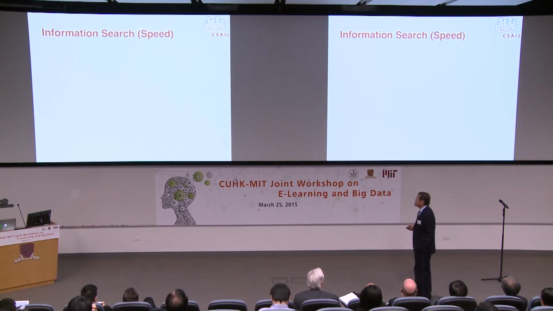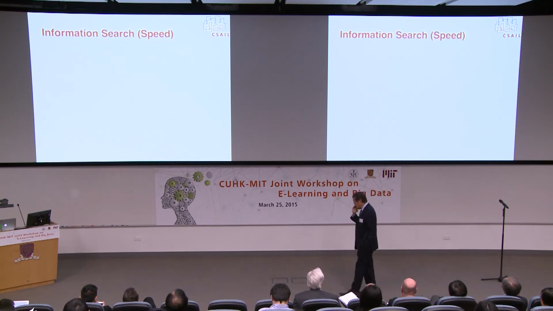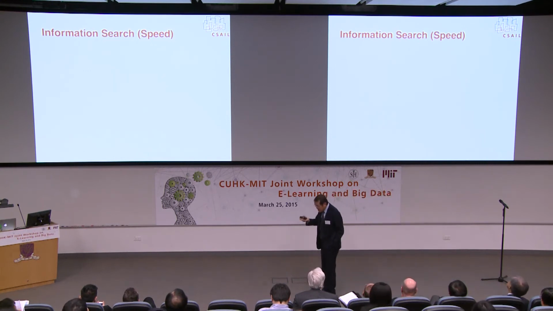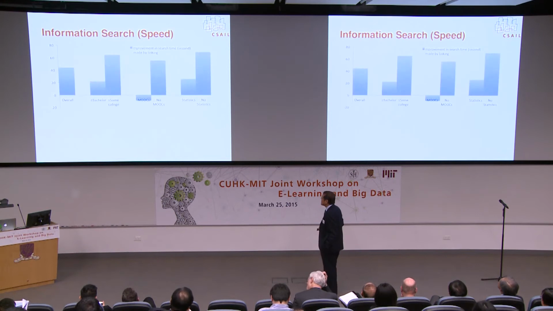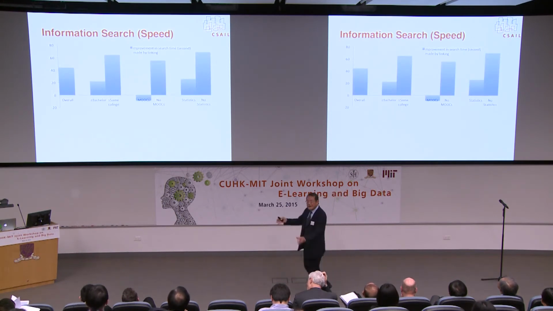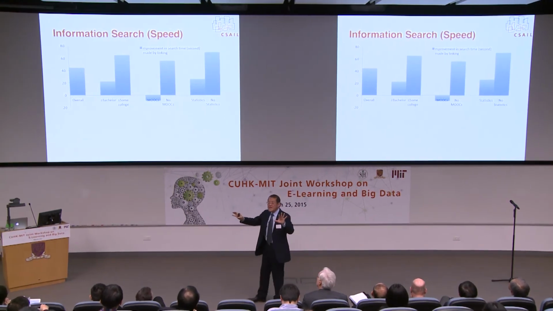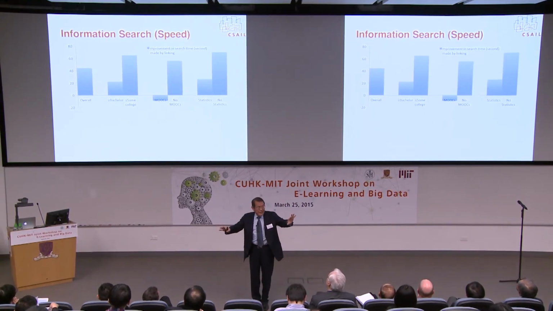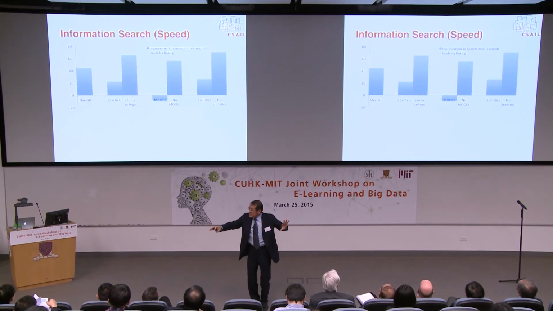And so here's one that has to do with information search. You ask the person to retrieve a piece of information after they have taken the course. And here is an example. Let me explain this plot for you. Remember, I have two different interfaces. One is unlinked, all right? And here is the linked interface, and I'm asking people to retrieve the information.